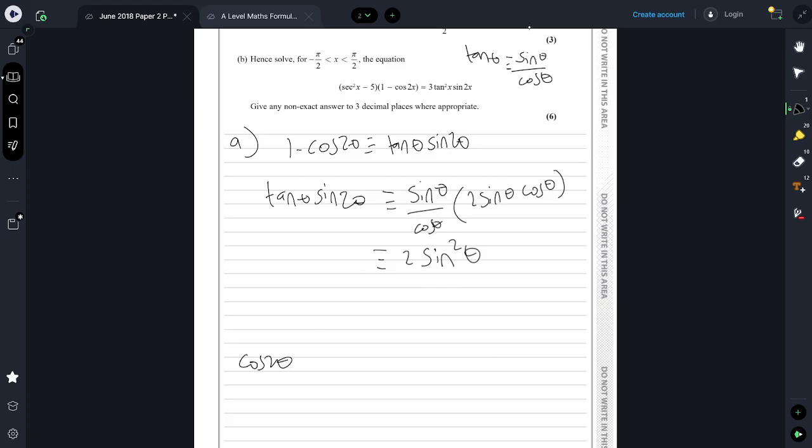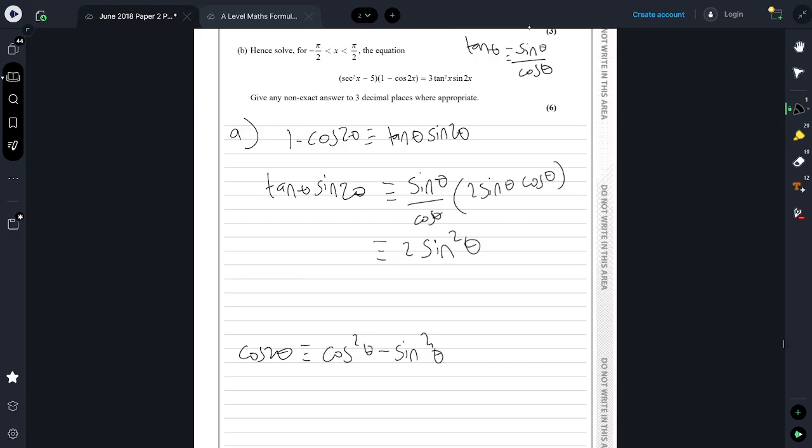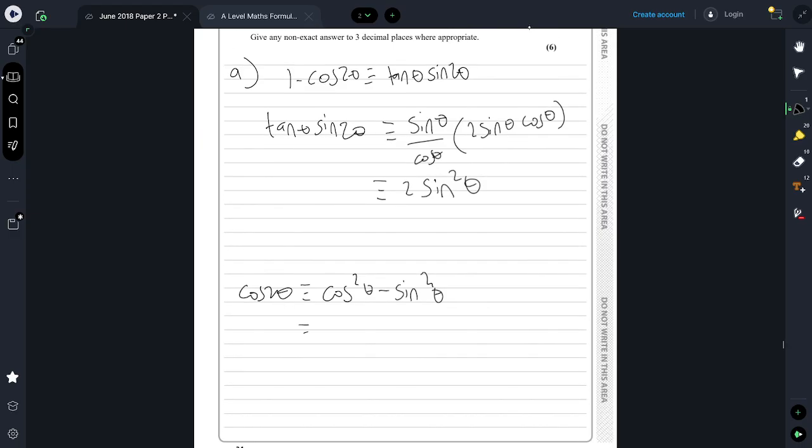What I'm doing here is a bit of rough working to see what this should come to, and then I'll do it properly here. So cos 2 theta, you should realise, is cos squared theta minus sine squared theta. Well, that's something we've got here. That's good. Actually, cos squared theta is 1 minus